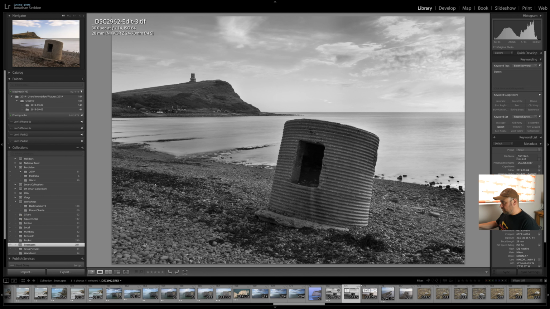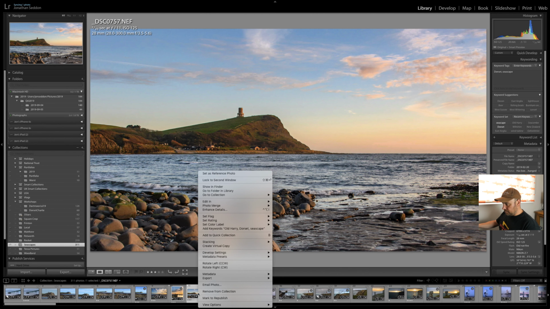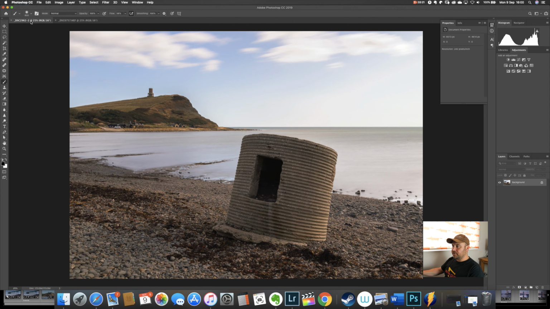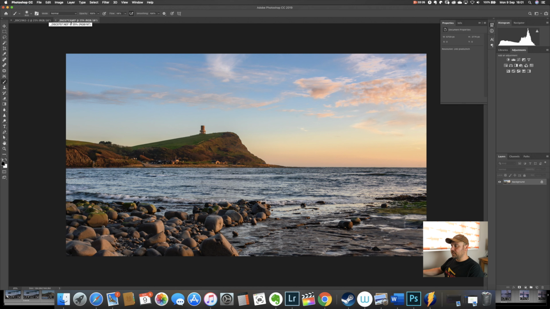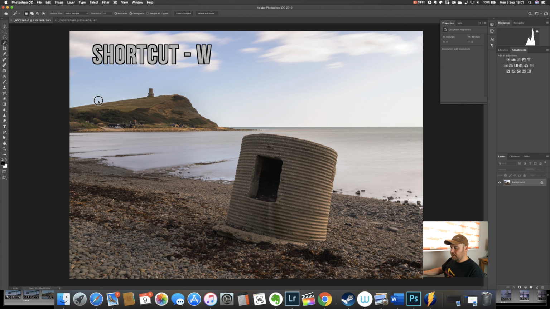So right click on here, edit in Photoshop, and then go to my other image, right click, edit in Photoshop. Okay, so you can now see we've got the two images in Photoshop as two different files. And so the first thing I need to do is essentially make a mask out of this image so that the sky is replaced. And because we've got such a clear delineation between sky and ground, it's fairly easy to make that selection. And we use the magic wand tool to do it, and you just drag over,